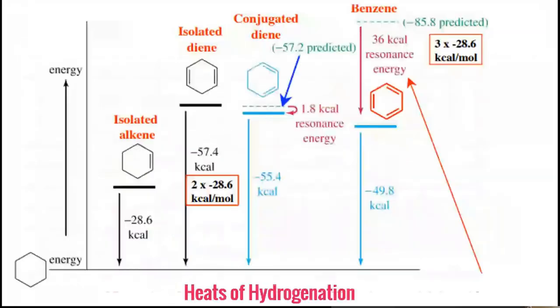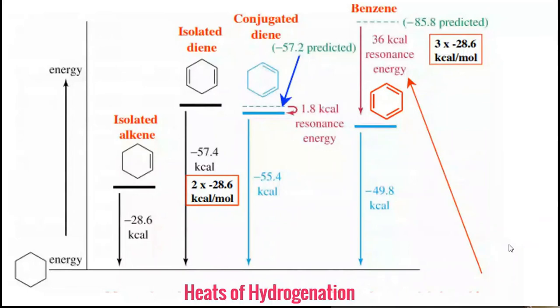Now, this was the important aspect which I wanted to discuss with you all, in complete depth. That is why I had just briefly mentioned it earlier. Today we'll be discussing it extensively: the heats of hydrogenation. As a concept, what is heat of hydrogenation? We had discussed it earlier, but again a revision. Heat of hydrogenation means if I have a double bond and I am adding hydrogens across the double bond, there is heat which is evolved.